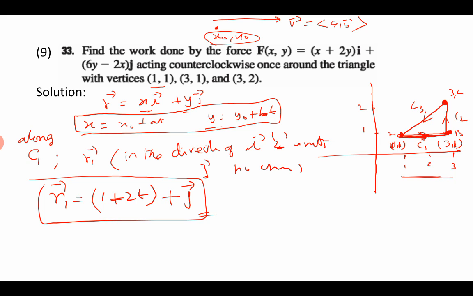Okay. And what I am doing for r vector now, dr1, is different. This is 1 plus 2t in the i direction. Starting is 1, 2t, 2 is the difference between 1 and 3, so 1 plus 2t i. There is no change in j, isn't it? So dr1 is differentiate this one. What do you get? When you differentiate, 1 is 0, 2t becomes 2i, that's all. So f vector dot dr1 vector